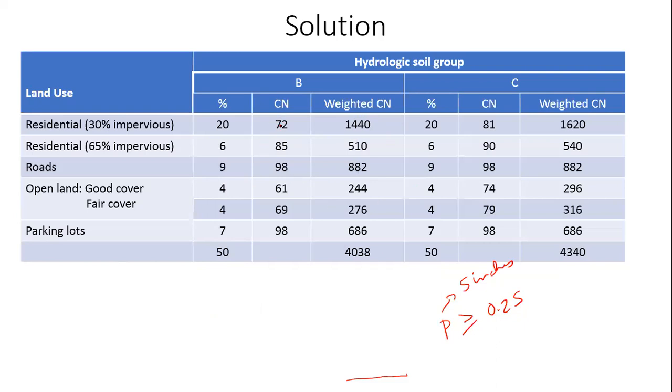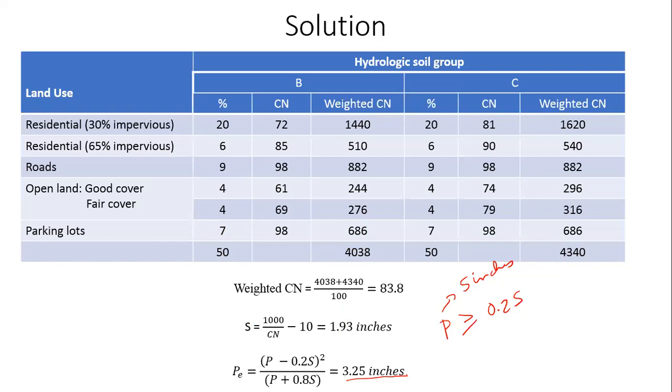This curve number multiplied by the percentage of the area, and then you sum it all up for the two different types, and then you get the weighted effective curve number as the summation of this 4038, which is a summation for soil group B, plus 4340, which is a summation for soil group C. So these two together comprise 50 plus 50%, 100% of the area. So you get 83.8 as the curve number, and then using that curve number you find out the maximum potential infiltration, or maximum potential retention, some textbooks use that. So that gives you 1.93 inches, right?